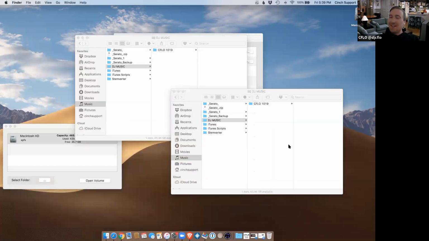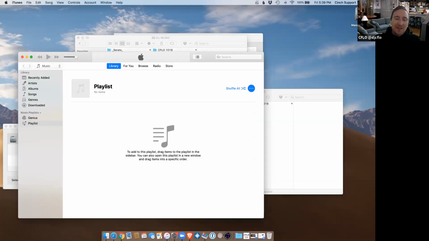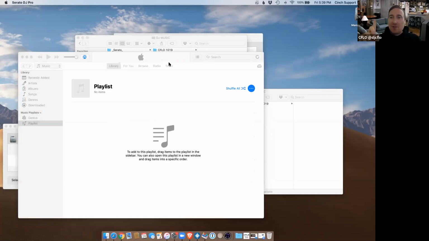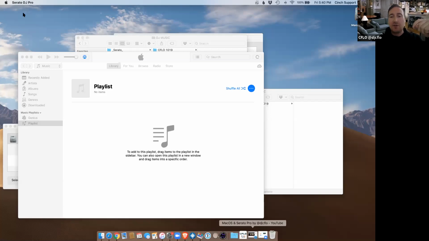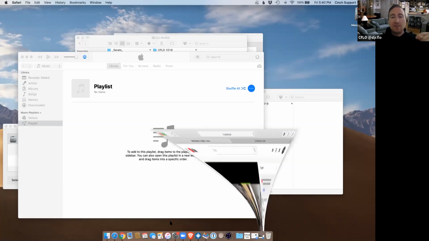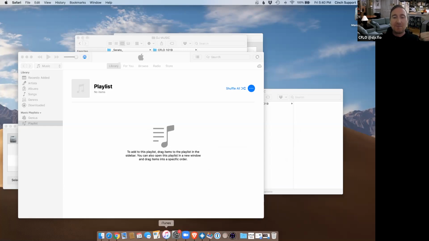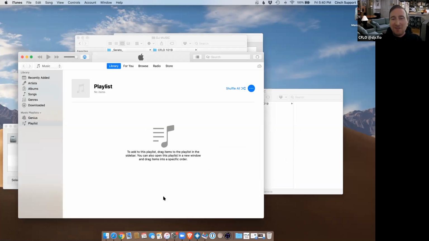But I can show you even without it. So in Serato, you go in and you uncheck the library, but before you do that, you can add all the songs that are in iTunes into its own crate. So you open up iTunes in Serato. Oh wow, either that or my computer is just grinding to a halt. It might be just too much right now with the stream. Yeah, I think it might be too heavy here.